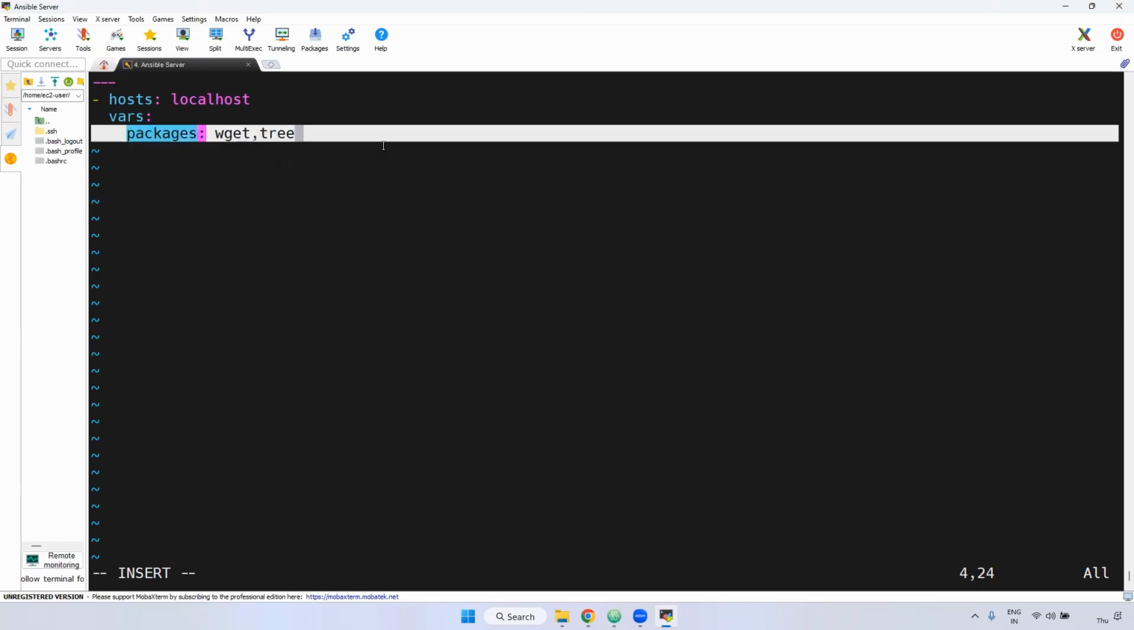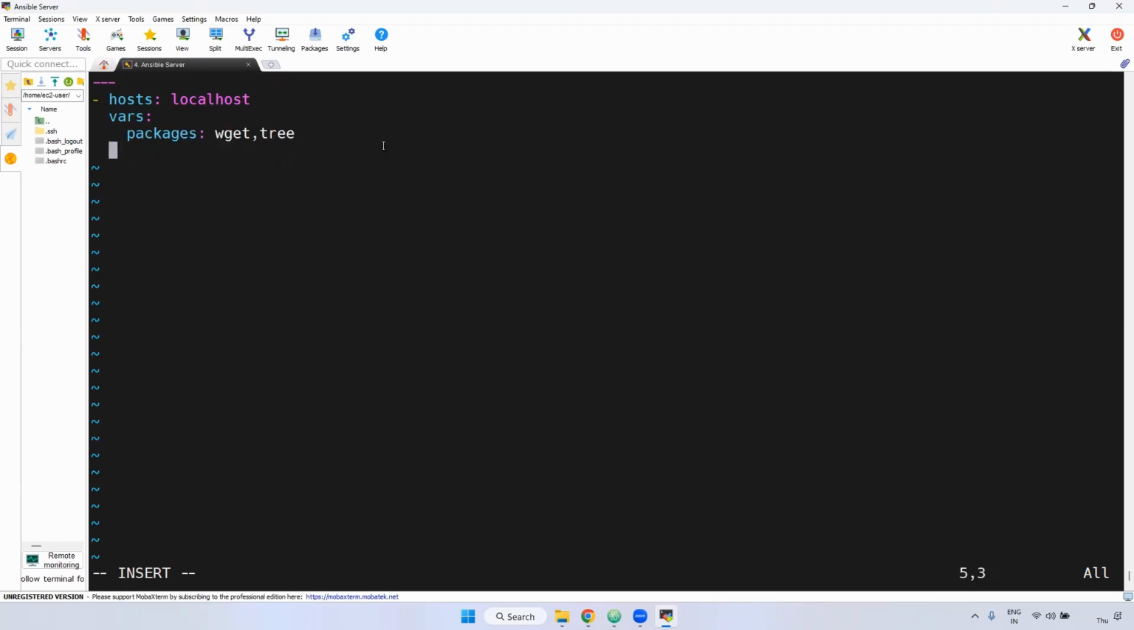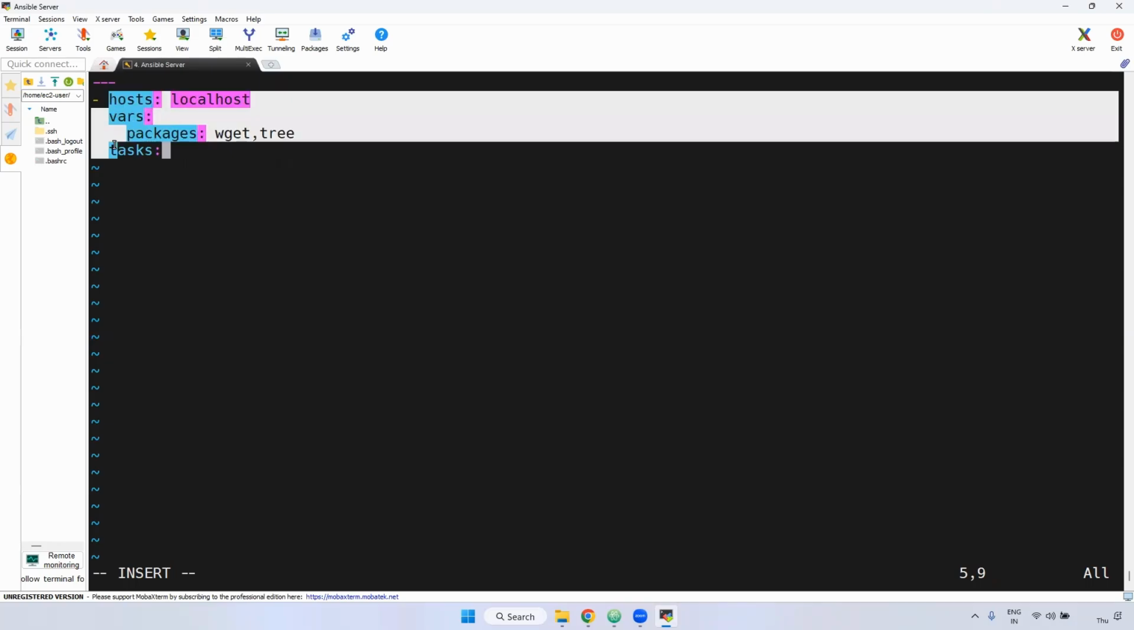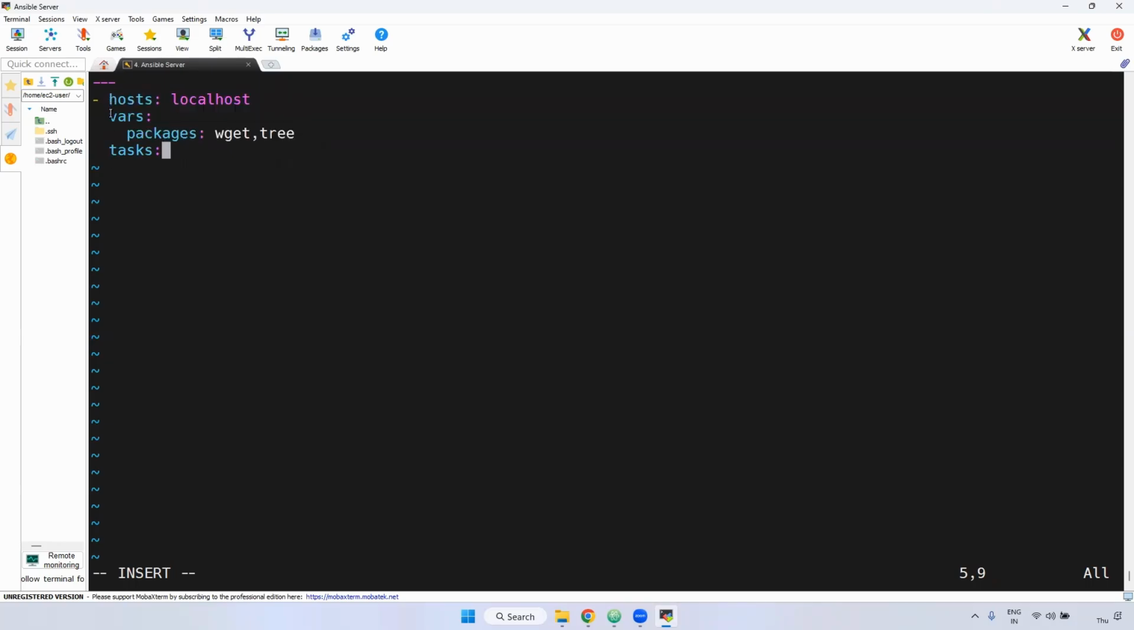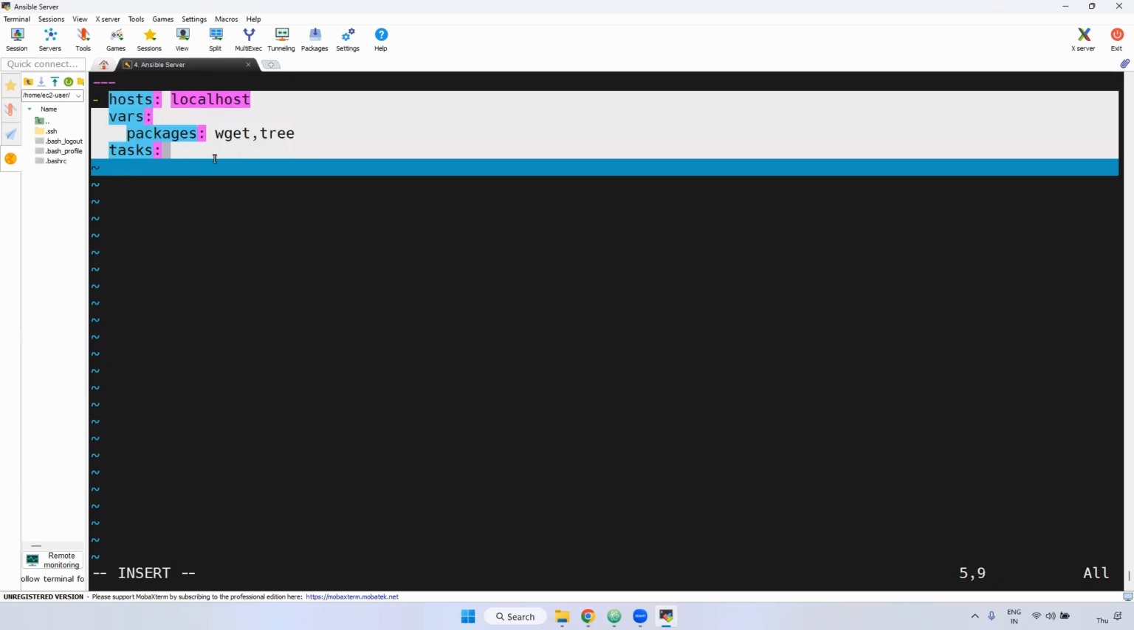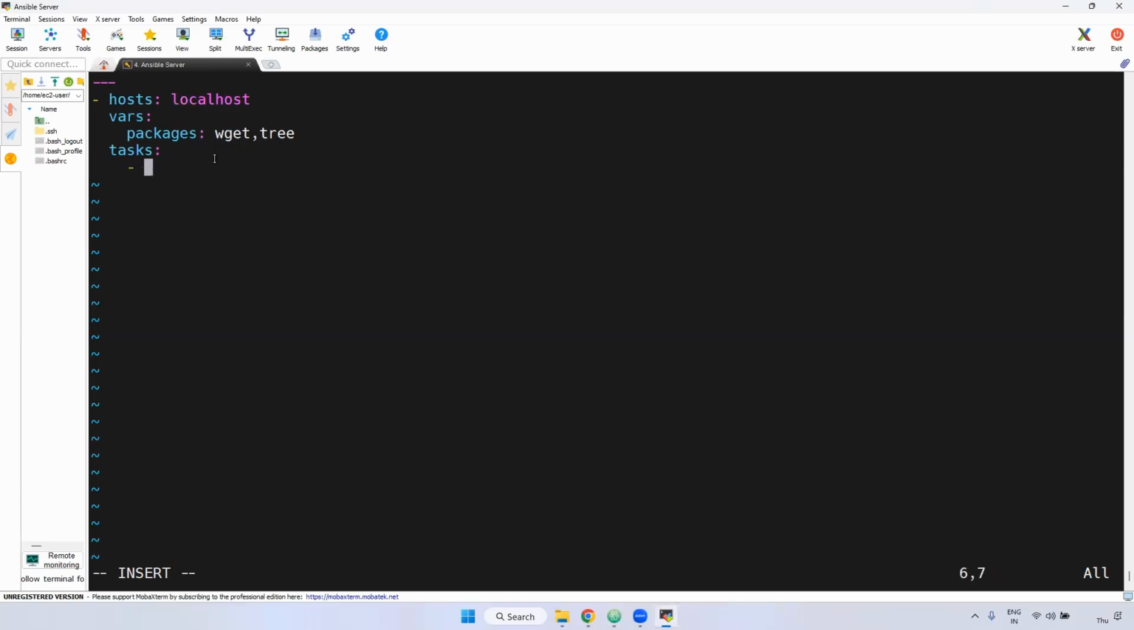Remember, indentation is very important. Then enter. Now I'm declaring the task. If you observe here, tasks should be exactly at the same level as vars, exactly h of down. Remember, tasks should be exactly h of down, v of down. Then enter. Here I'm giving name: install duplicate and